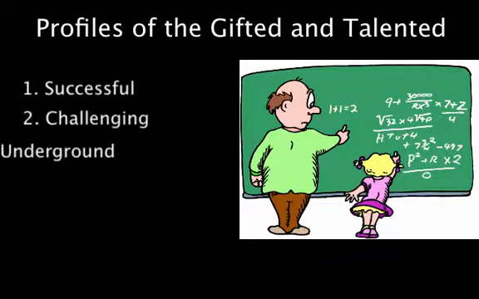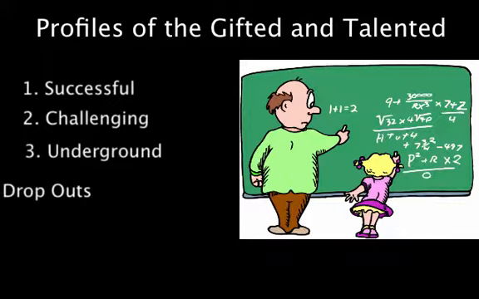The next type of gifted child, again, that's not identified, is your underground gifted. They're often females, although some males would be underground, especially those that are in athletics and see being gifted as something that's negative, and they don't want their friends to know how smart they are. They deny their giftedness just to fit in with their non-gifted peer groups.